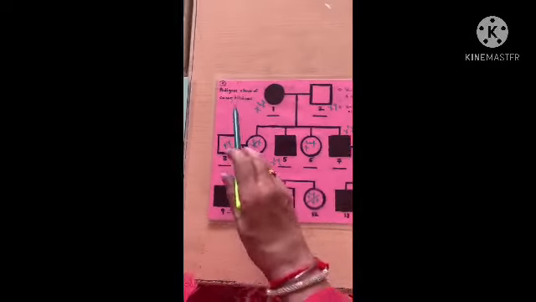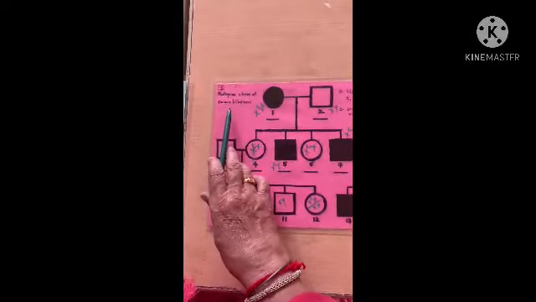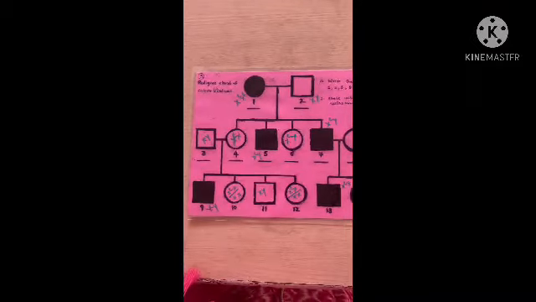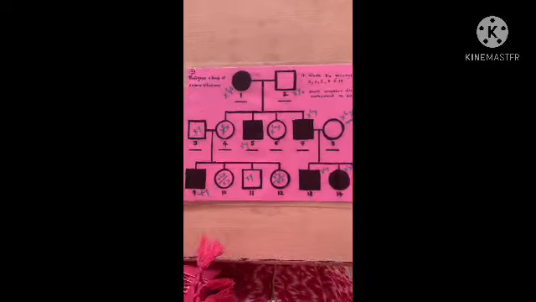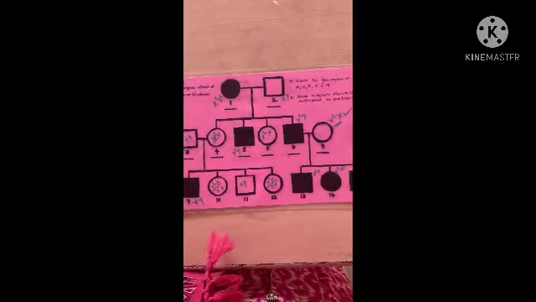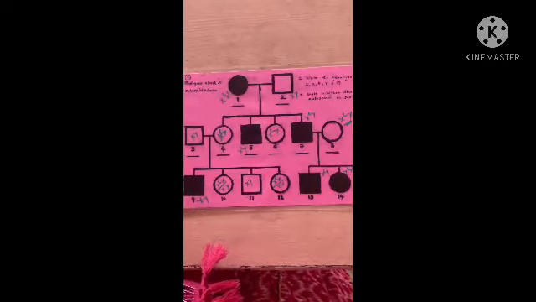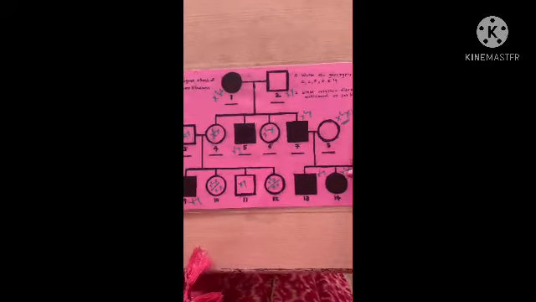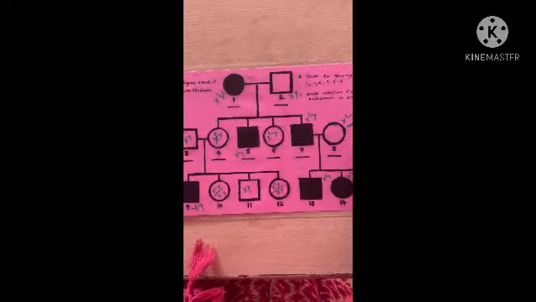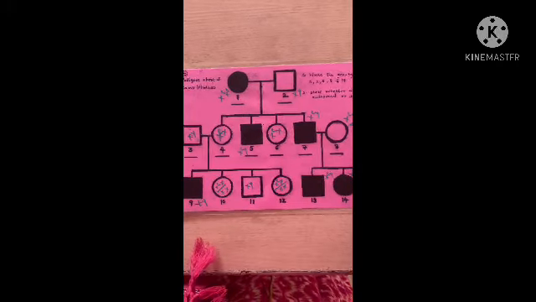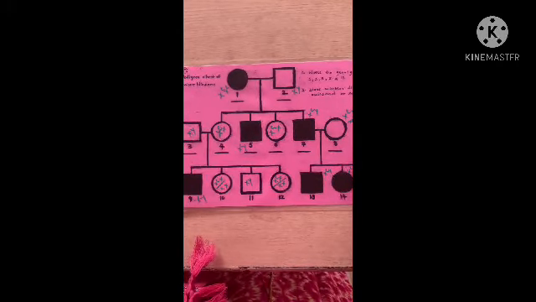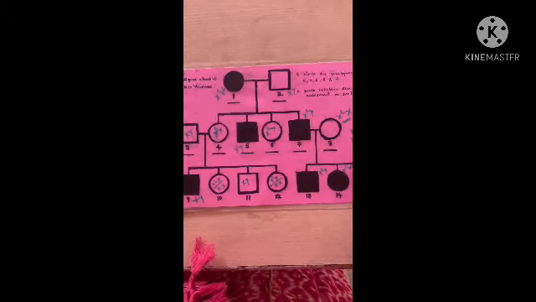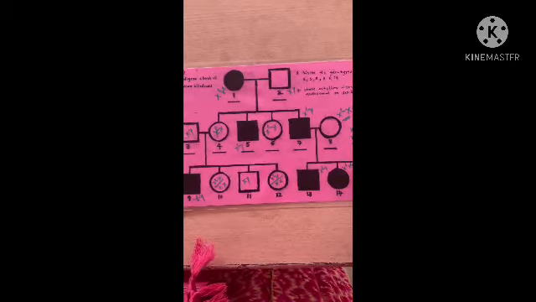Okay, they have given you in question that this is the pedigree chart of color blindness. If it is of the color blindness, about color blindness you know that color blindness is a sex linked disorder. Okay, sex linked, but it is a recessive disorder. मतलब how many possibilities will be there for the female? Female के लिए there are 3 possibilities, that female can be carrier for the color blindness, female can be completely normal, और female can be color blind. Okay, female color blind हो सकती है, homozygous में color blind होगी.